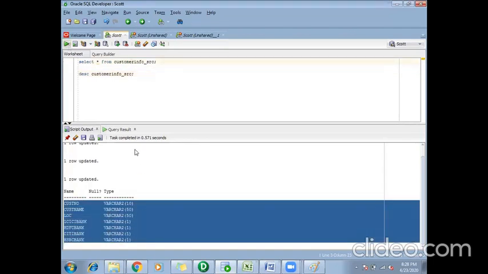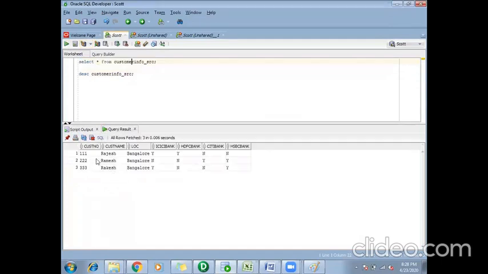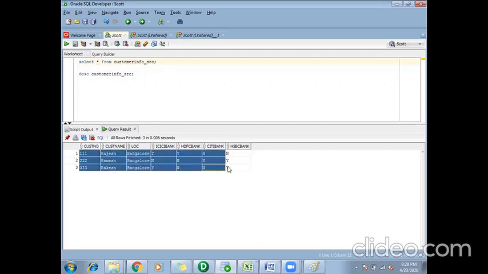The data in this table says the customer number, customer name, and the location. It also says, out of these four banks, ICICI, HDFC, Citi, and HSBC, in which bank he has an account. If customer 111 has an account in any of these banks, it is represented with value Y. Otherwise, it is represented with value N. This is the way we have data in one of my sources.